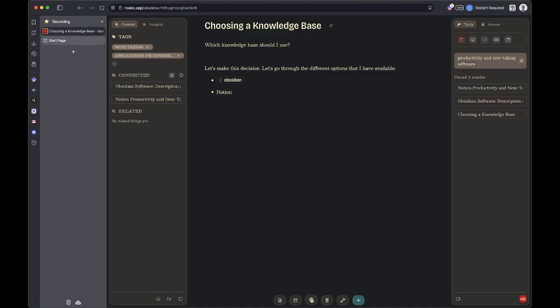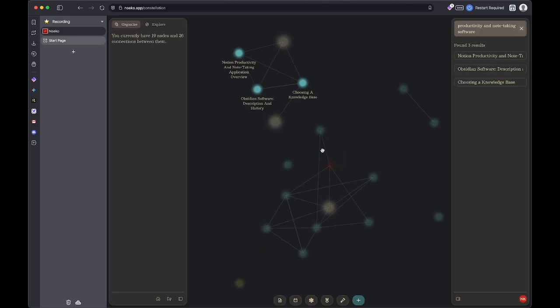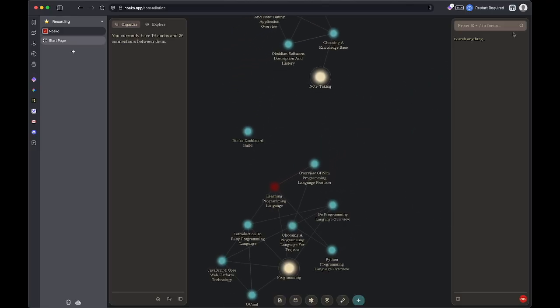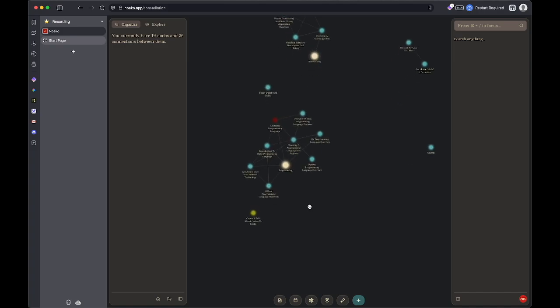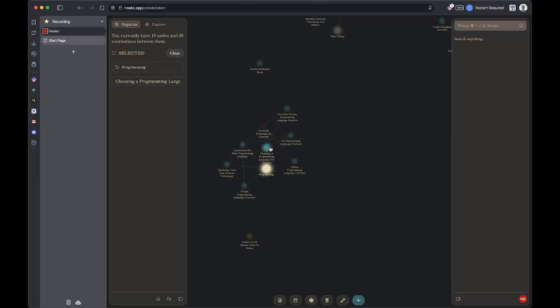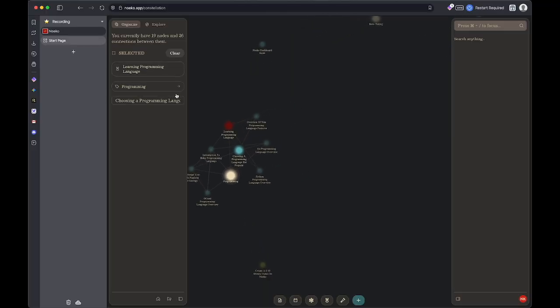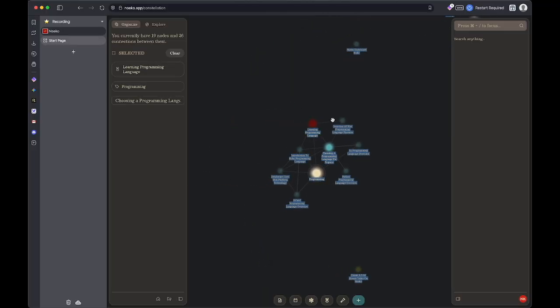Now, one of the cool things in modern knowledge bases is being able to see all of your ideas as this big interconnected graph of knowledge that you've added over time. In Noeko, we call this the constellation. Now, in your constellation, you can easily go through and select different items. That way, if you want to go and explore, it's relatively straightforward to do so,